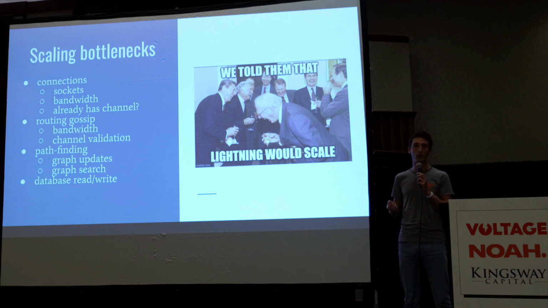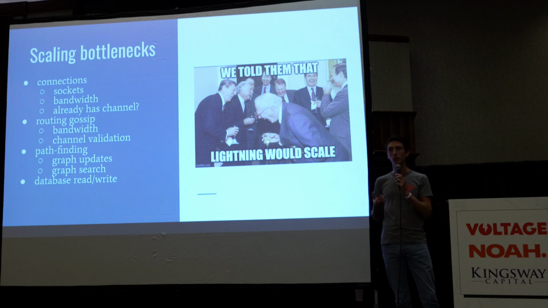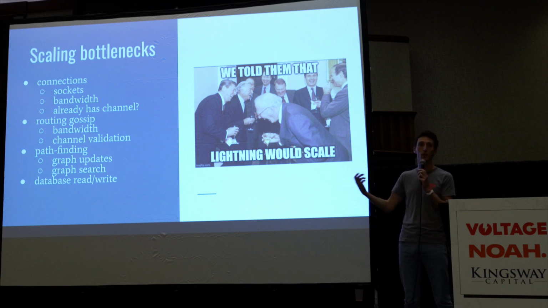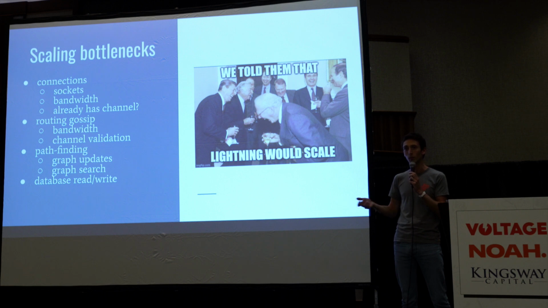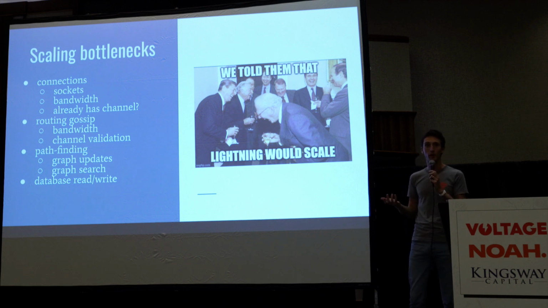But one of the important things that at least we do with Eclair, with the database, is that all analytics are never run on the master database. We have a streaming replication using Postgres with a slave database, and all the analytics are done on the slave database so that it doesn't impact the performance of a node. Because you really don't want your analytics and monitoring to be impacting the performance of a node that relays payments.